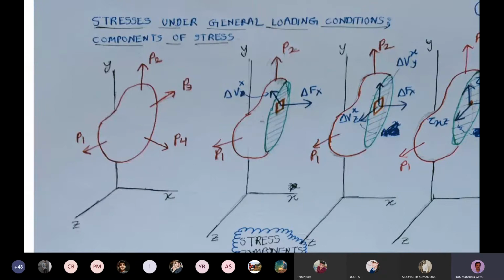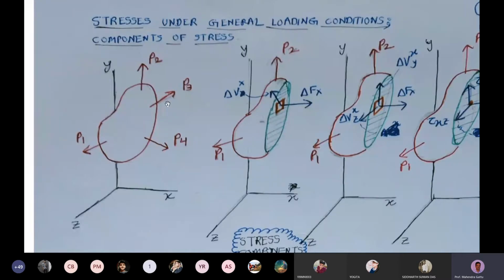Previously we discussed the uniaxial loading case, where we found the stress on an inclined plane, sigma theta and tau theta. You have to be careful with the sign convention here. Sigma theta, when it acts away from the surface, is treated as positive, and that is usually a tensile force. Tau theta, if it produces an anti-clockwise rotation, is treated as positive. So for an inclined surface, sigma theta should be away from the surface, and tau theta should produce an anti-clockwise rotation. Keeping that in mind, we'll come back to this stress analysis.